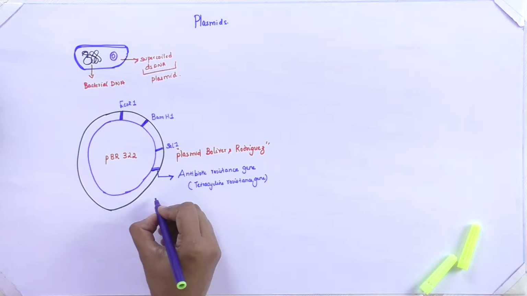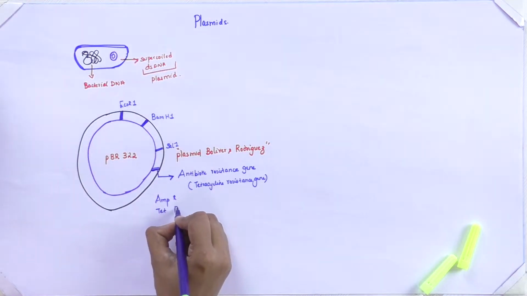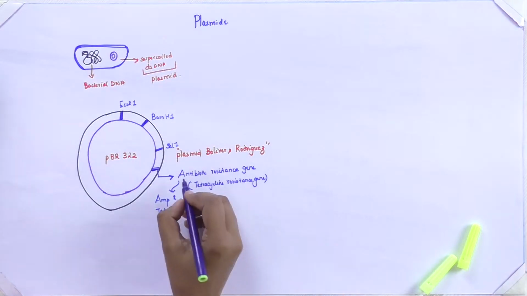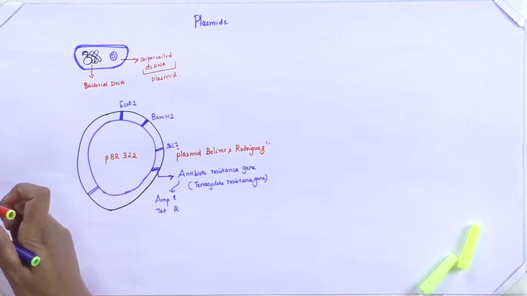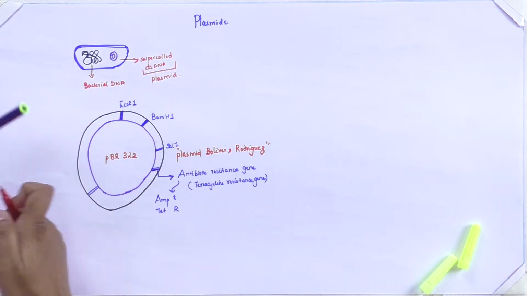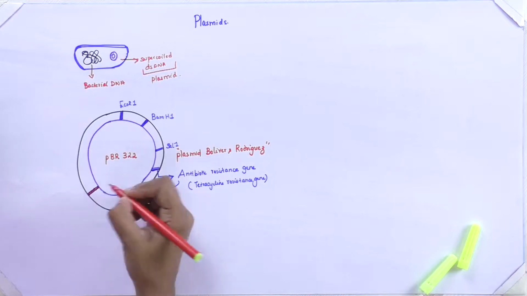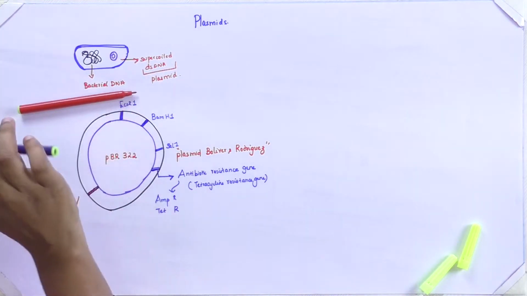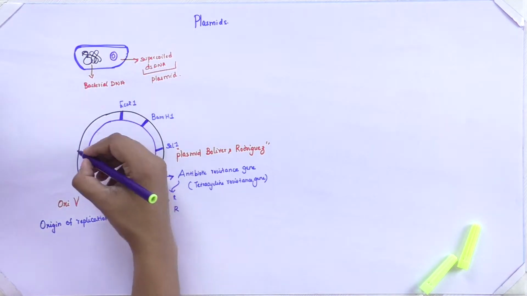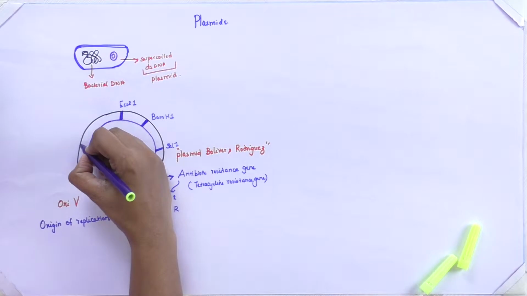So usually saying in the name of, like, ampicillin resistant (APR), TETR. So these are the examples for antibiotic resistant genes. Then you will have a main site known as the origin of replication, where this bacterial plasmid is going to replicate. It is usually termed as ORI, origin of replication. Other than that, you're going to have a transposon site,